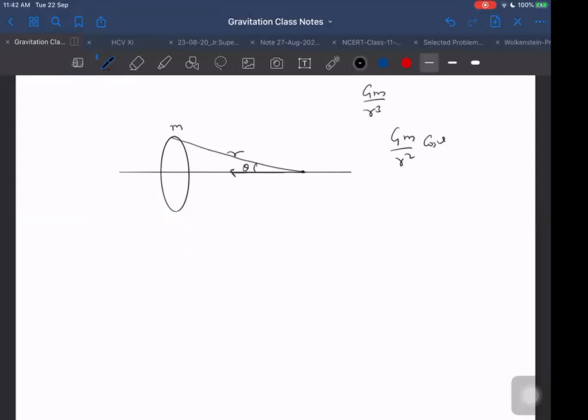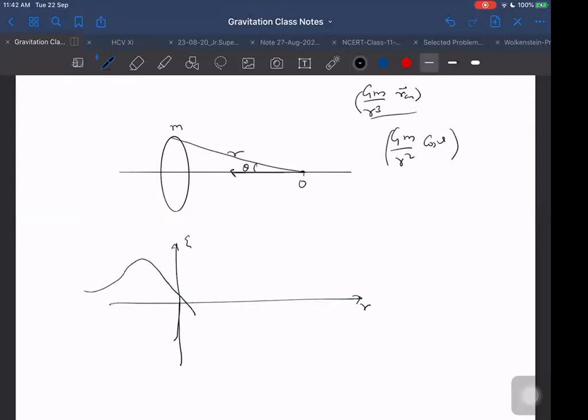Actually, I can write it in this way also, G m by R cube into R_CM. That is a different thing. If I want to write in vector form, I can do that way also. This is origin and R vector will be pointing towards the ring, towards the center mass of the ring. But otherwise, we know this is the formula. And if somebody wants to plot the graph of E versus R for this, then that will be plotted in the same way, the way I plotted before. Something like this, this way, this way going down.